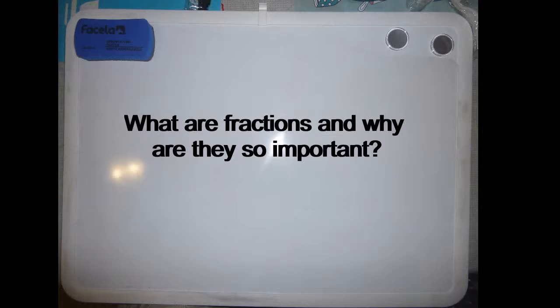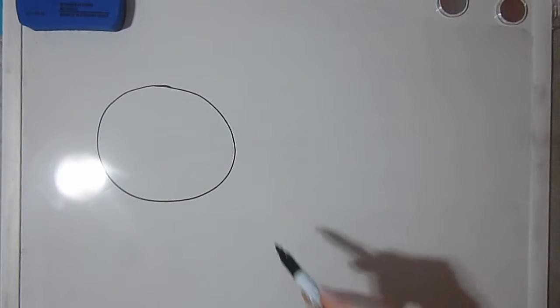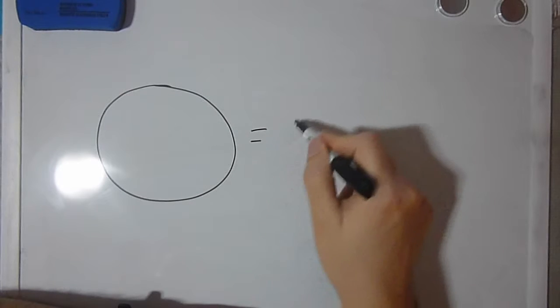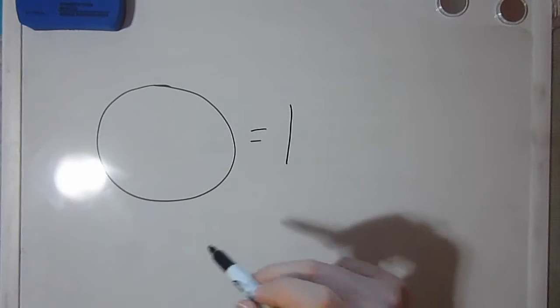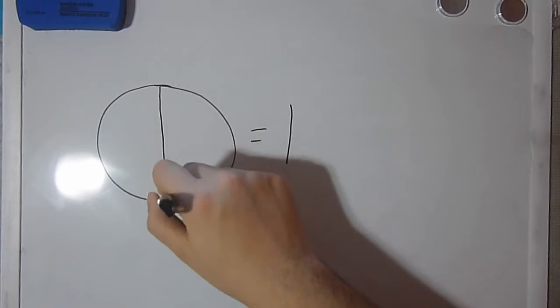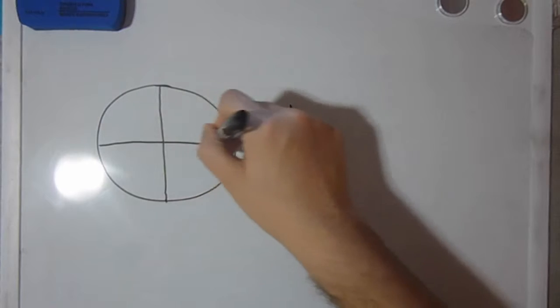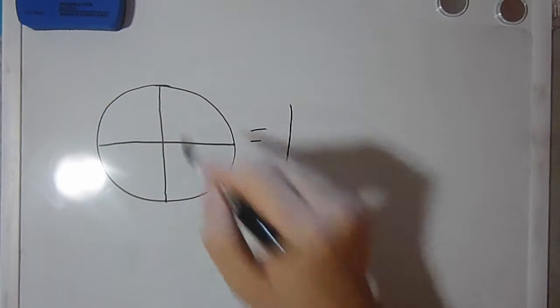What are fractions and why are they so important? Well, as we know, we usually count stuff as a whole or an entire unit. For instance, we have one cake, 1 dozen, maybe 1 pie, 1 liter, and so on. But the thing is that we can actually divide those entire units into smaller portions or units, and this is